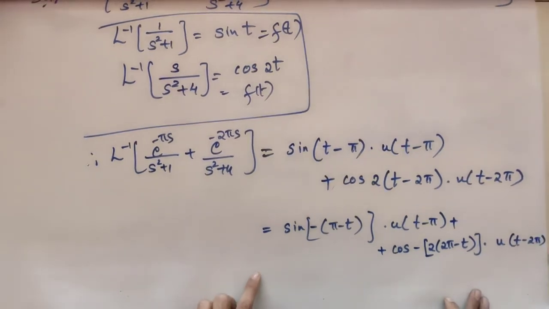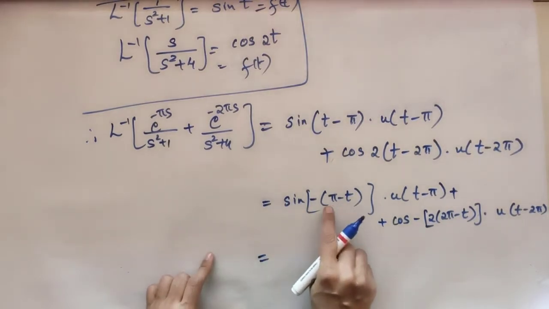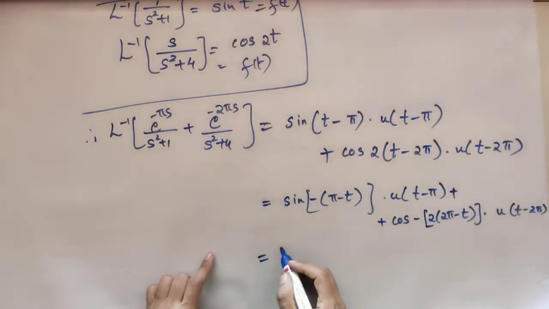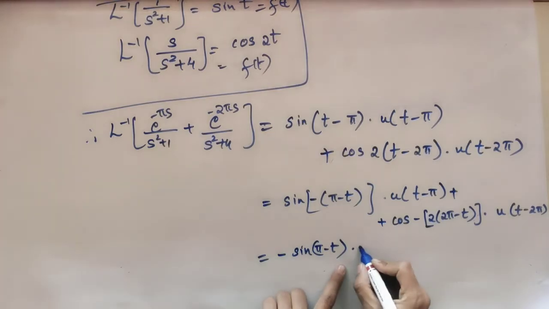Now further simplify this. Sine of minus pi minus t is minus, is it not? Write it as minus sine of pi minus t into u of t minus pi,